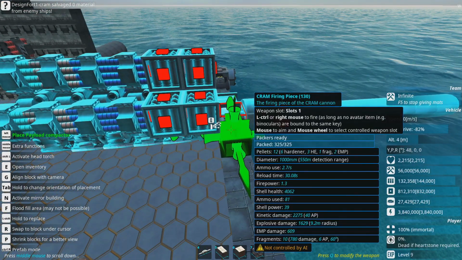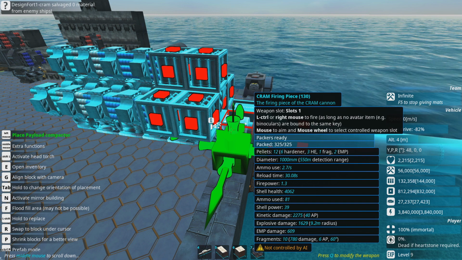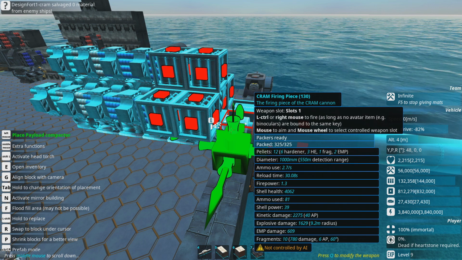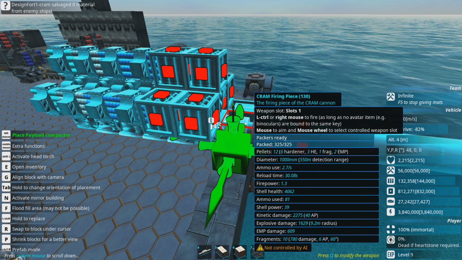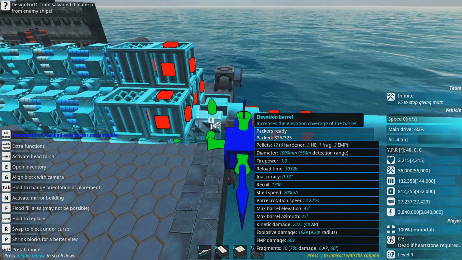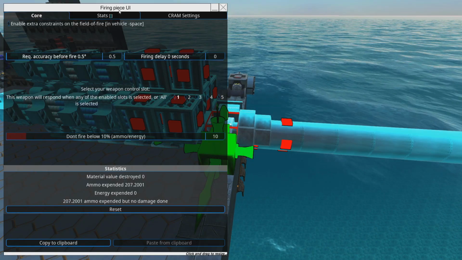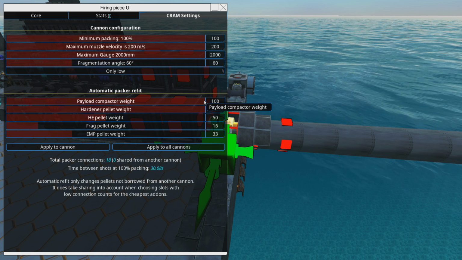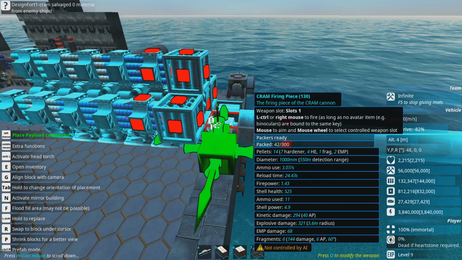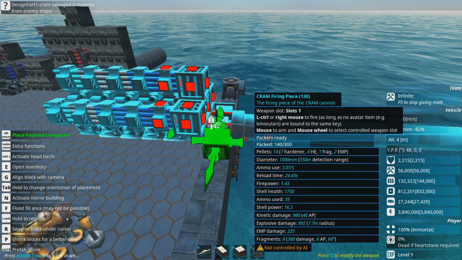Now, one change, the compactors. Now these in the previous one defined how much ammo was on your gun. Now all ammo for loading the shells comes from your ship's ammo supply. Doesn't store any locally. And the compactor, if you look at the moment on our gun, we have a packed size of 325. If I change the percentage of payload compactors to 50, we'll apply to cannon, so it went to 57, you'll notice that the packed is now 300 from where it was before, so it's got less capacity. If I put that back up to 100 again,